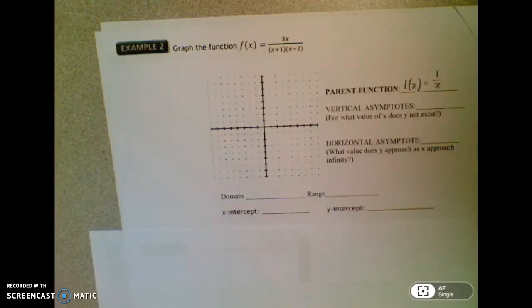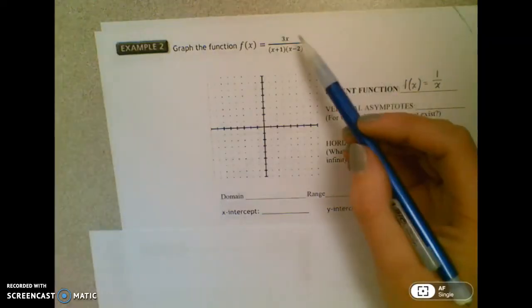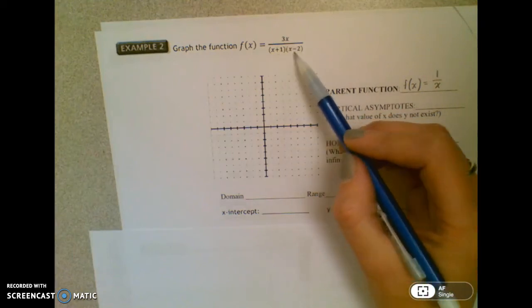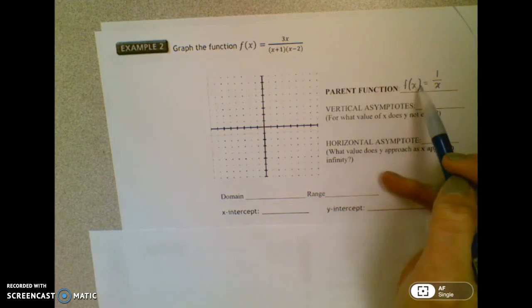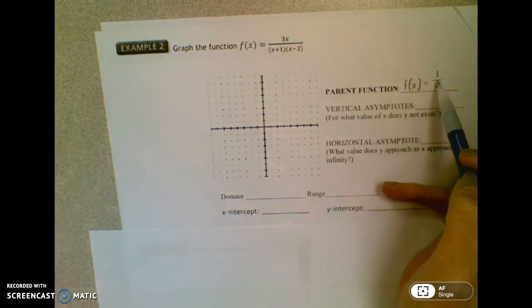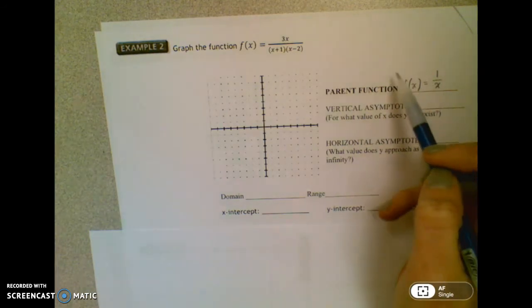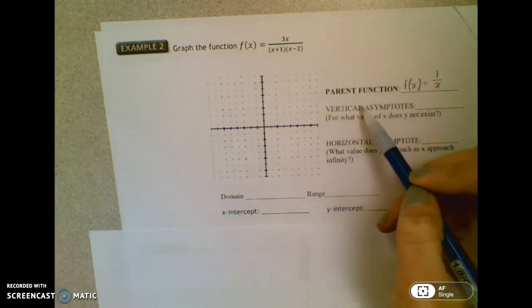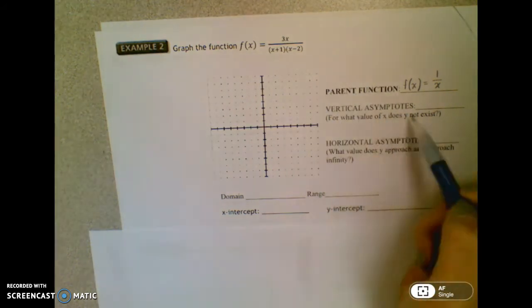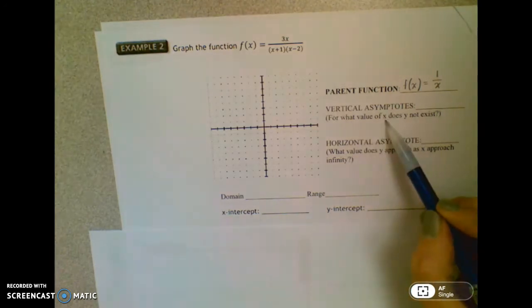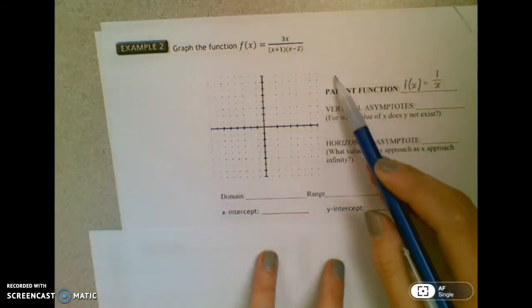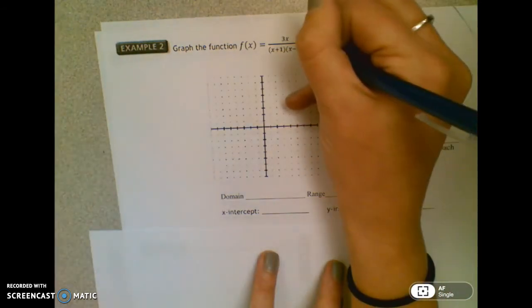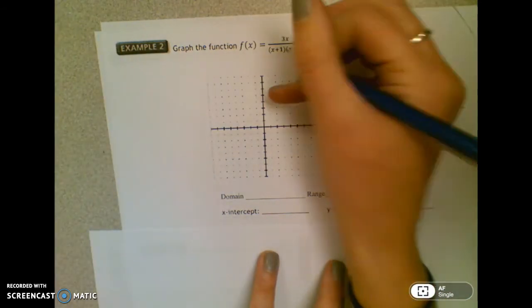So here's the first one from your notes. F of x equals 3x over x plus 1 times x minus 2. My first step after recognizing that this is rational, because I have the division sign, is finding the vertical asymptotes. So from yesterday we found the vertical asymptotes for what value of x does y not exist by setting our denominator equal to 0. So I'm going to do that first. I'll then use ZPP